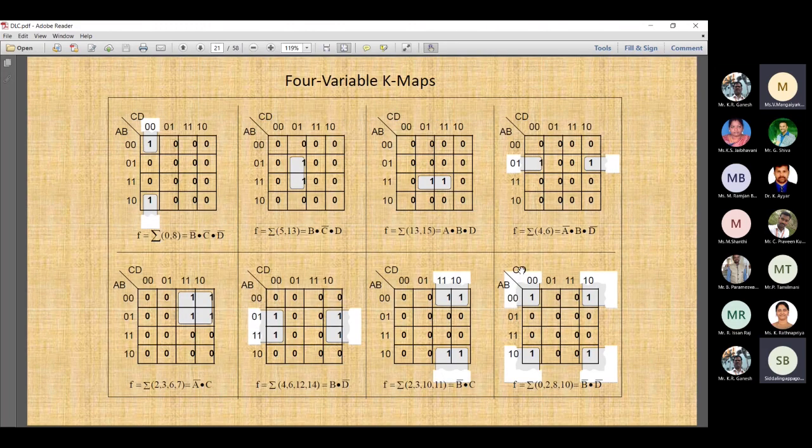Similarly, problems are there. You can go through this. Here we have grouped; there is a grouping of two, and how to write the expression is very important. Here you have a 0 0, and here you have a 1 1. Among these, the common term is b, which has a 0 here and again a 0, right? So that is one thing. Then here we have c d. So b should be considered, but we are representing it in complement form, right?